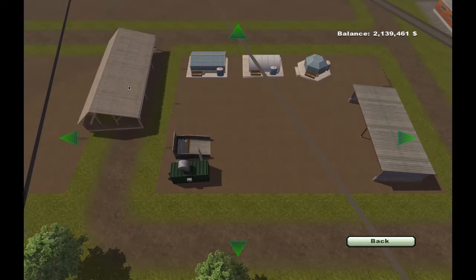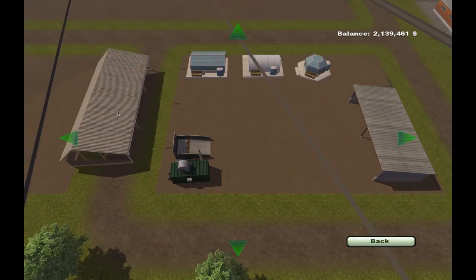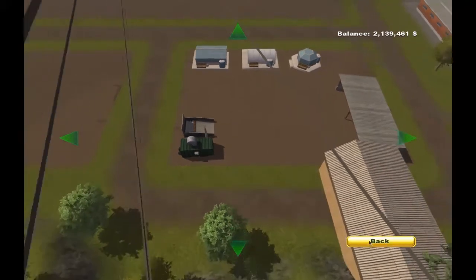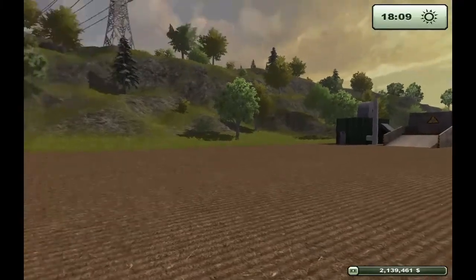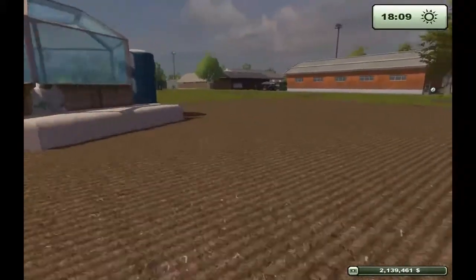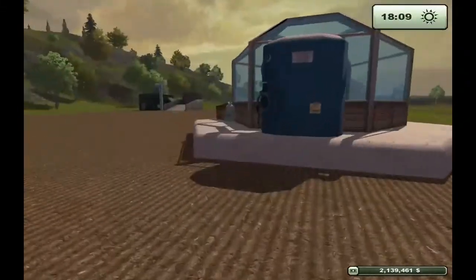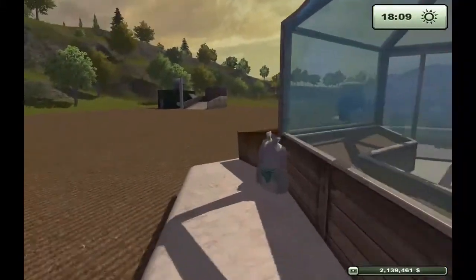Ooh, we're getting too close to that other one. Yeah, it doesn't like that much. But anyway, that's all you need to do to place sheds. I'm not actually going to place that one. There we go. And then comes the business of actually making something. Here, I'll quickly show you. If we hop up here,